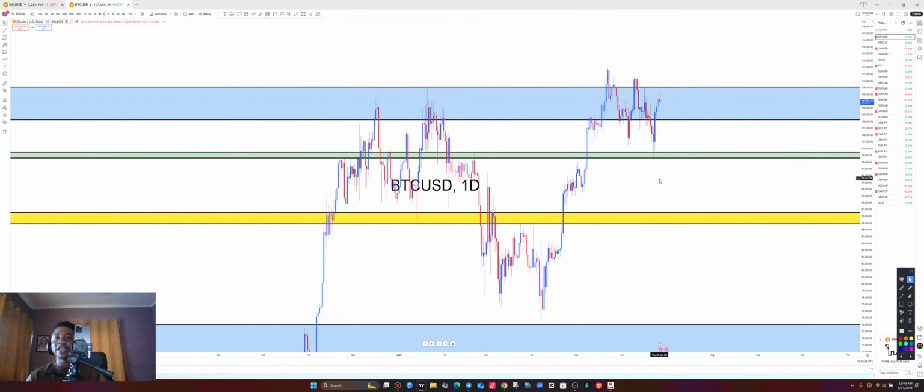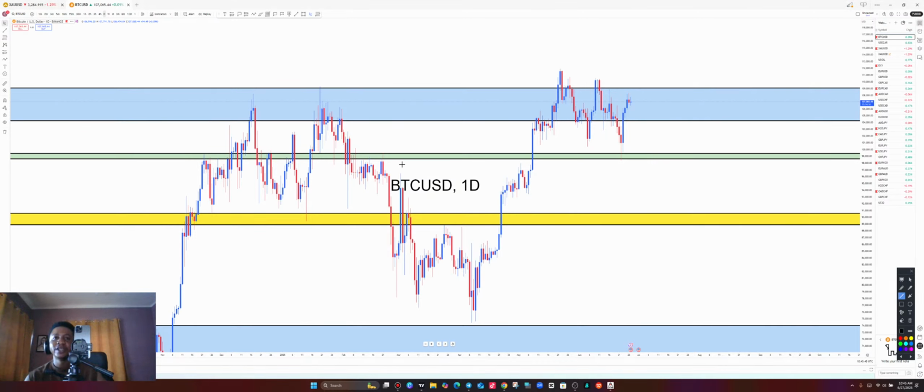This is also the daily time frame of BTC USD. Now, BTC USD, the entire structure here on the daily is also to the upside. Let me explain. So we saw a lower low here, lower high, equal low. Then price went all the way up, created a higher high, higher low, equal high, higher low. Where do we go next? We go all the way to the upside. So this is also what? An uptrend.